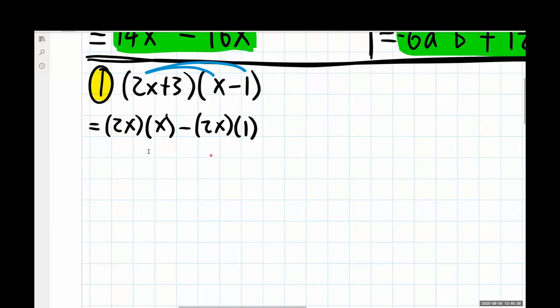If you would like to actually do this multiplication in this step, you could do that if you wanted to. I'm going to skip that for now. We're just going to keep all the extra work visible here for our first example. We're then told in our process, repeat this with the second, third, etc. terms in the first polynomial. So the second term in the first polynomial is this positive 3. Positive 3 is going to also multiply to everything in the second polynomial, and we're going to write that out for ourselves.